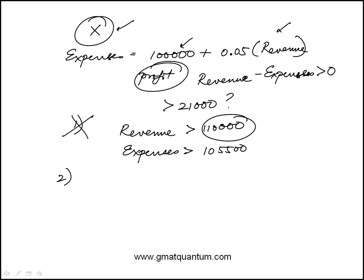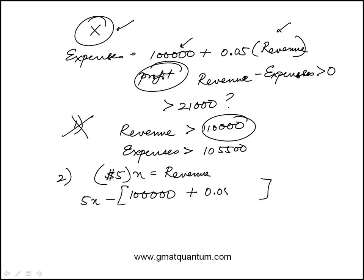Statement 2 says for each unit of product X sold last year, the company's revenue was $5. So if there were n units sold, 5n is the revenue. And we know that the revenue minus the expenses, which are 100,000 plus 0.05 of 5n, is greater than 0. If I distribute this, I'm going to actually get 0.95 times 5n minus 100,000 greater than 0, or add 100,000 to both sides and isolate. So n would be 100,000